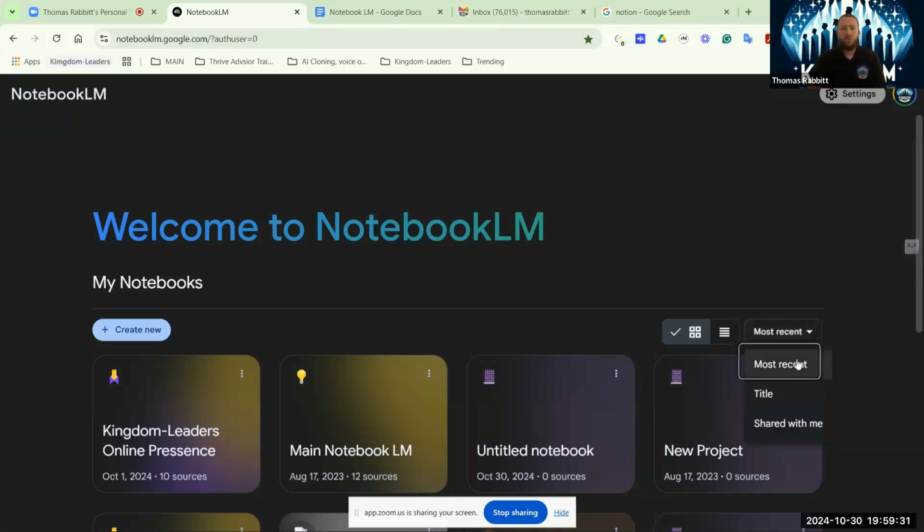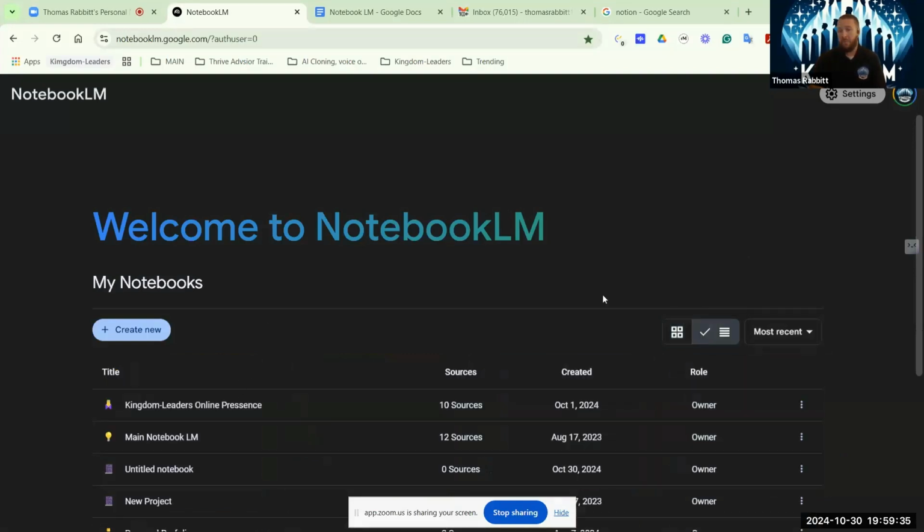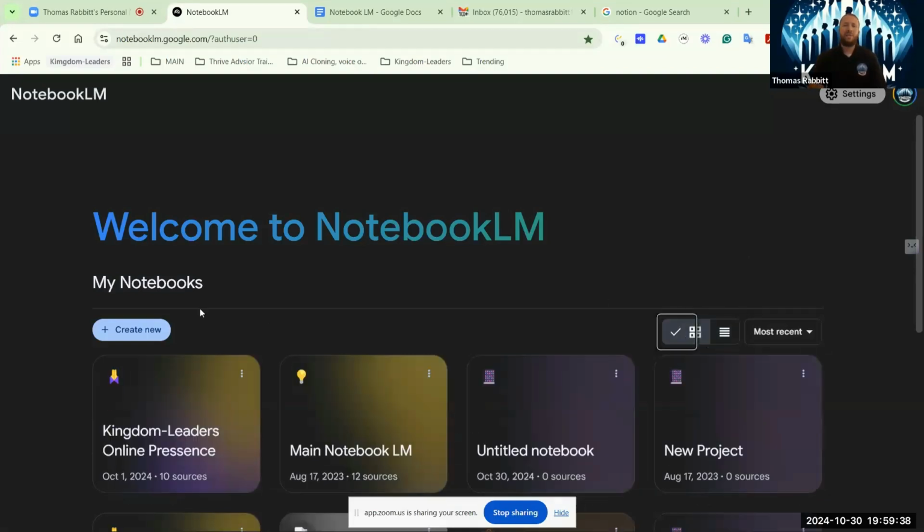But you can put these in order of most recent, title, shared with me. You can also put them in list form, if you like that better. Me personally, I like the big icons, and I also like to have the little light bulb and hands praying together, which goes over, oh, I remember what that is. Can't put your company insignias yet, just a hint, Google. But that's what we have right now. And that's pretty much it. Okay, so that's the main page. Not much to it. Very user friendly. Very simple. It didn't always used to be that way, but now it is.